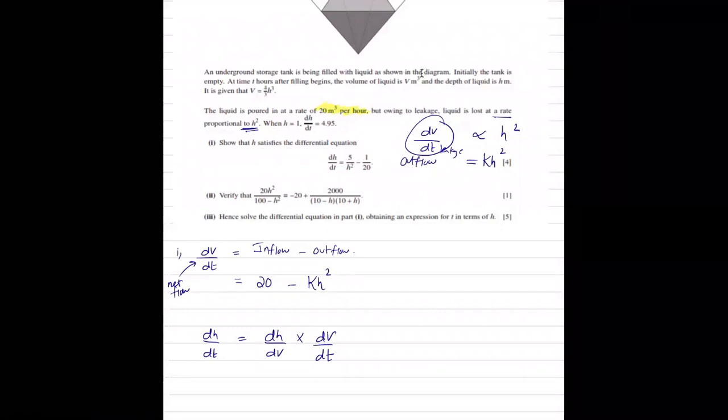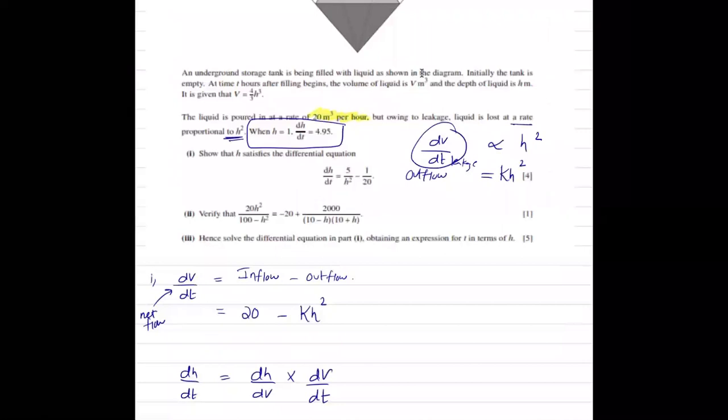All right. So is it 5 over H square? 5 upon H square. You are telling me the value of dH over dt. dH over dt is given in the question. Oh. Let me think as well. So we can easily find dV over dH or dH over dV from here.